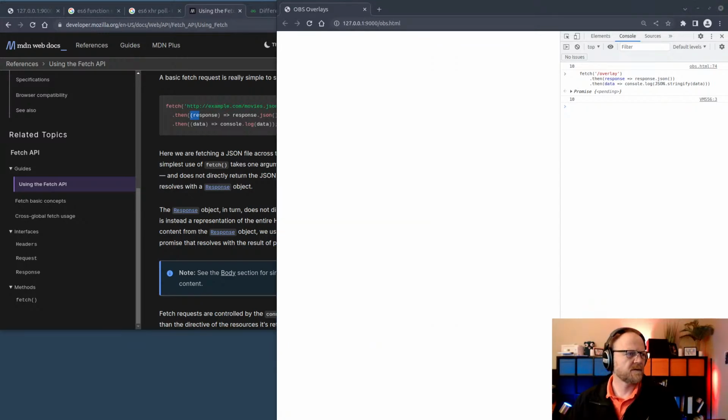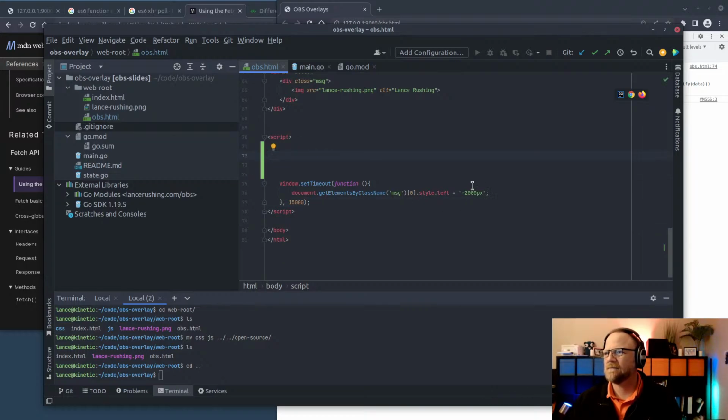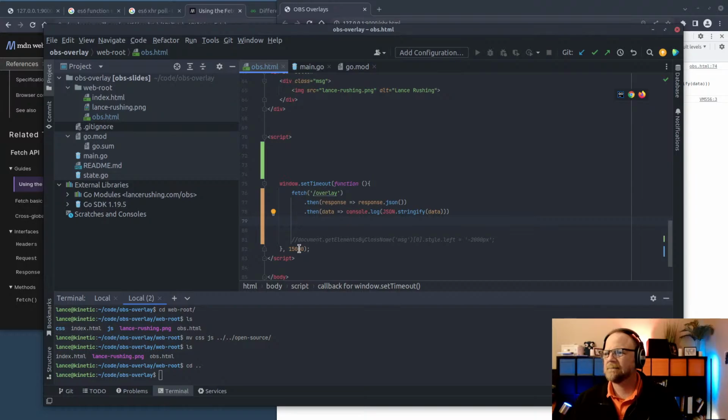Let's go back here. All right, so we'll do this the old ugly way. And we're just going to do this every 10th of a second. We're going to get our data, and instead of console.logging, we will